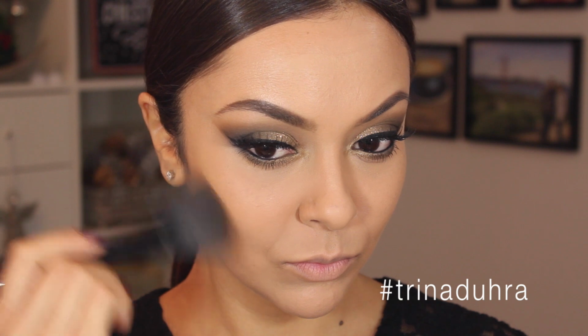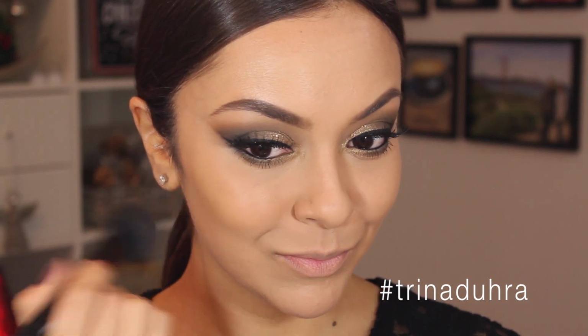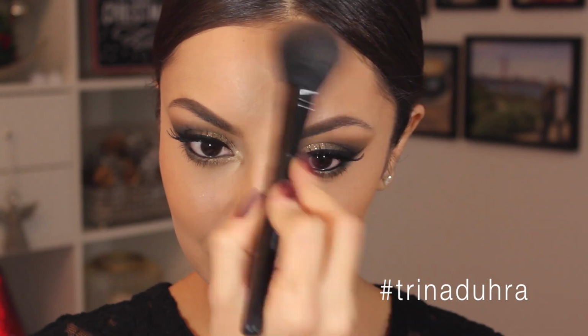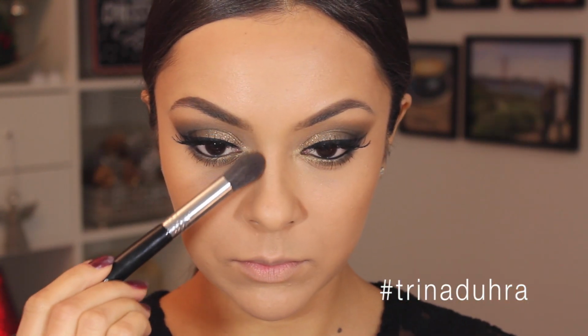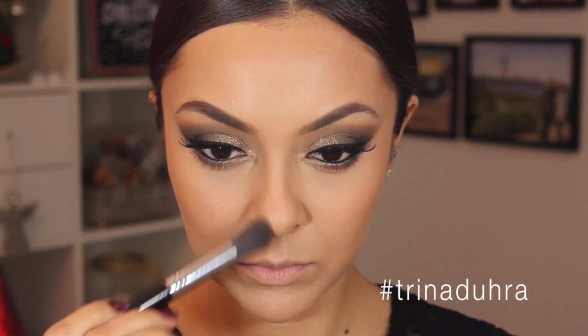I used some Hoola bronzer and started by applying this to the hollows of the cheekbones to add some light contour, and then made flicks up onto the cheeks to warm them up. And I also used this along the temples and the forehead to add some color to the rest of the face, and I love this bronzer for doing that because it's matte. Then I used some Kevyn Aucoin sculpting powder to lightly define the nose for this glam look,